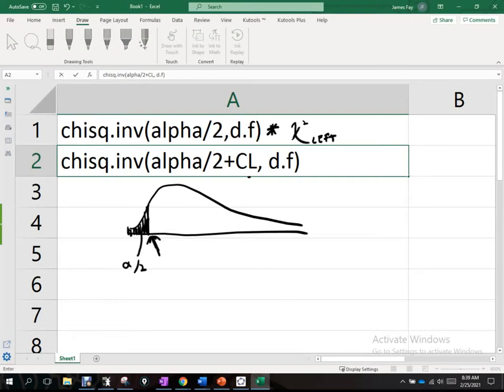Now, the way that this command operates, to find this one over here, I'm going to talk about that area as well, and that area is still